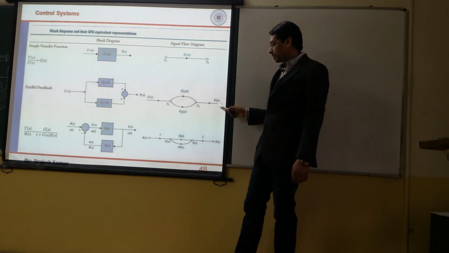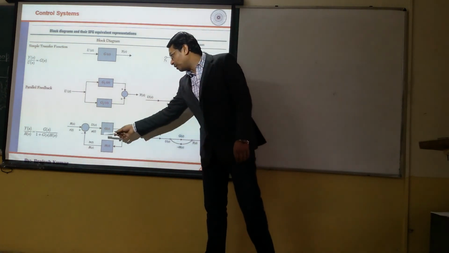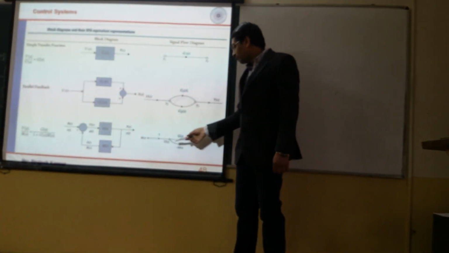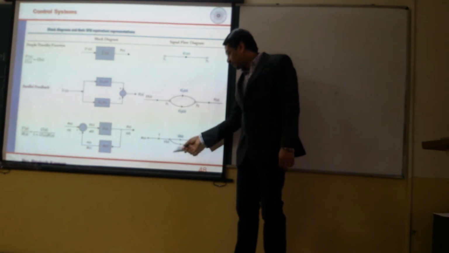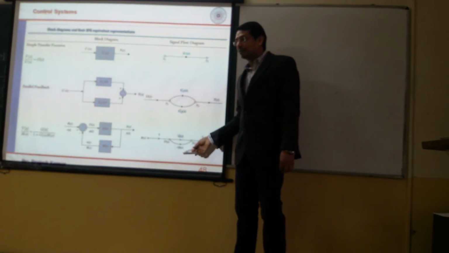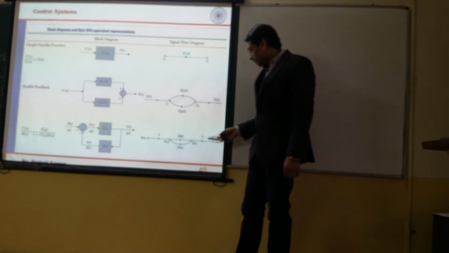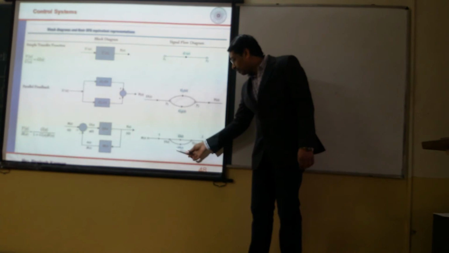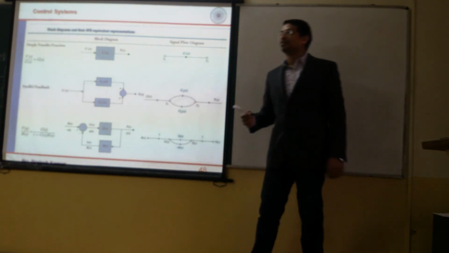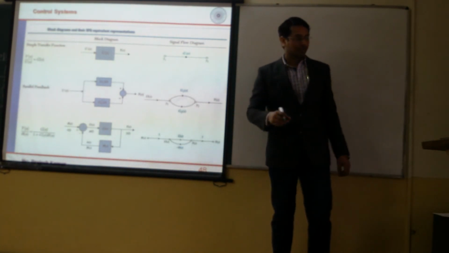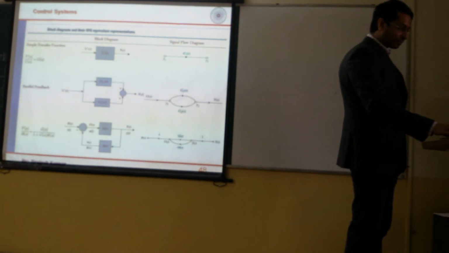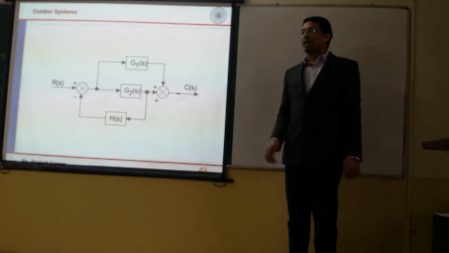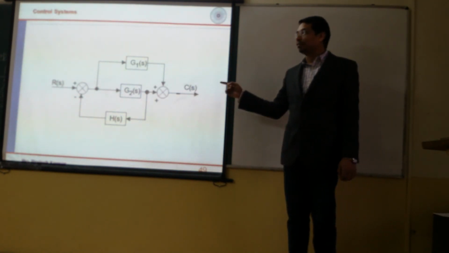Very simple. Third, for the feedback type of configuration, you can see the negative sign in the block diagram, but there is no provision for a negative sign in a signal flow graph, so you have to write the negative sign with the gain itself. So here it is 1, and for GS and HS with negative sign, you write minus HS. Correct? If you have understood this, try to write the corresponding signal flow graph for this.